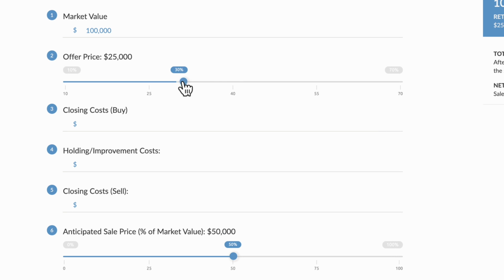So I like to be conservative. I'm gonna say $40,000 for this. For the closing costs, let's say for title insurance, title company, all that stuff, it's gonna cost us $1,000. Holding and improvement costs, well, if I'm not going to do anything to this property, maybe just pay some property taxes, I'm going to estimate maybe $500, something like that. And then closing costs to sell, I could put $1,000 in here again. And then I anticipate that this thing is going to sell for probably $100,000. I'm pretty confident in that, but I'll be conservative and say it's only going to sell for $80,000 or 80%